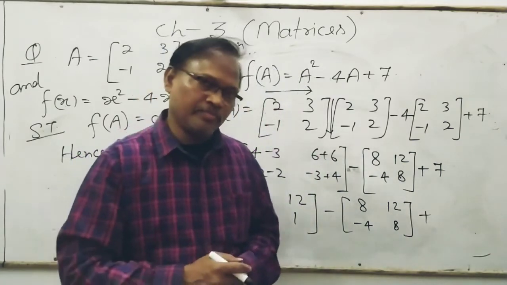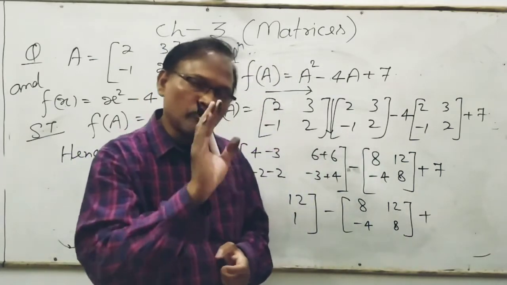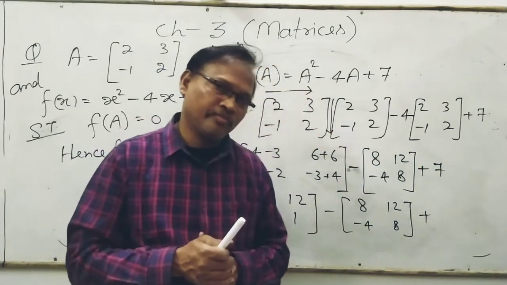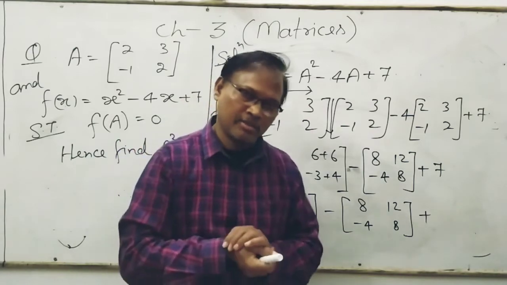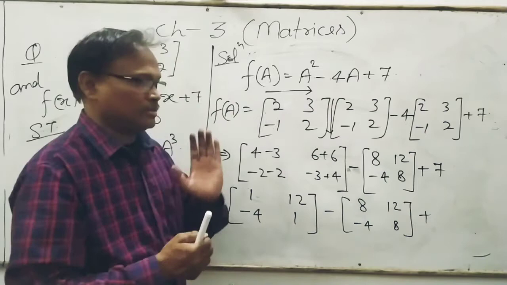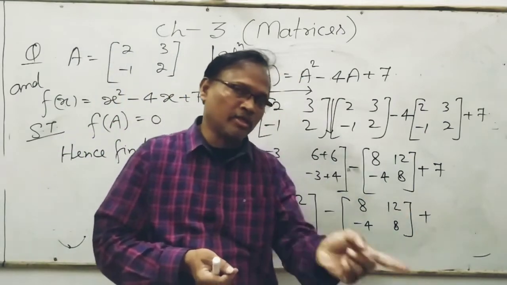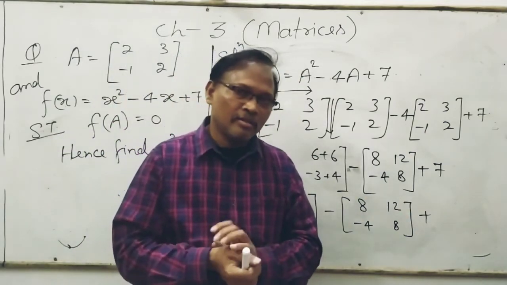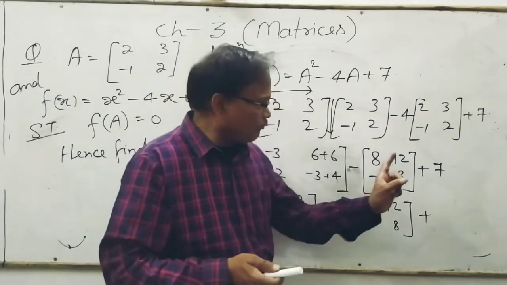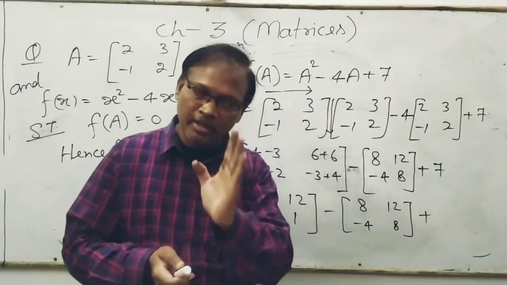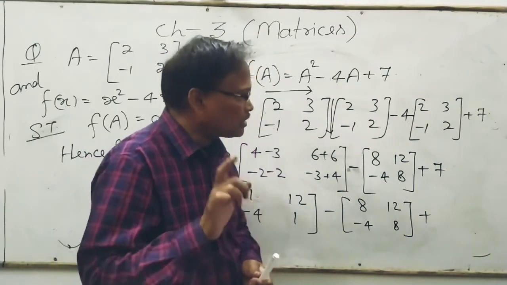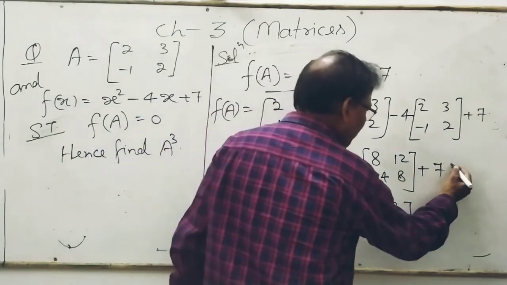In class 10, no question was there that having only the digit, means plus 1 digit, scalar, you cannot add into the matrices. You can multiply but you cannot add. So what to do now? There is a point. If any scalar is given with addition or with subtraction, then you must multiply by